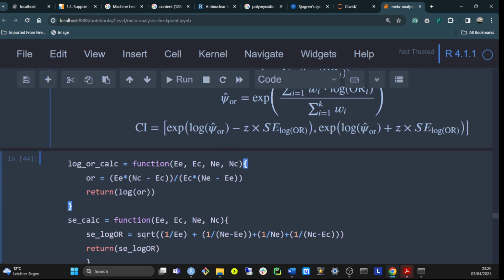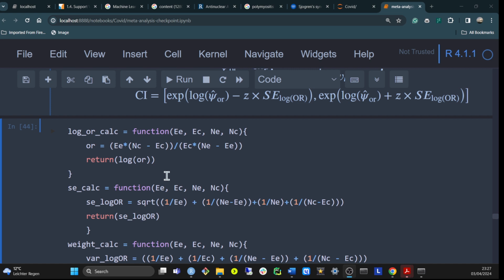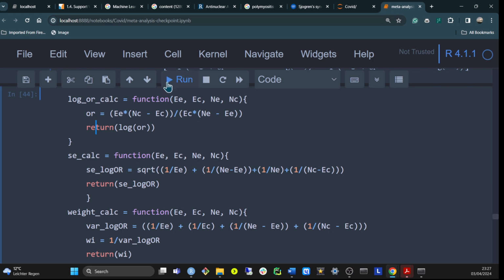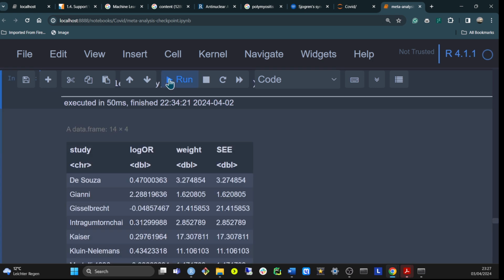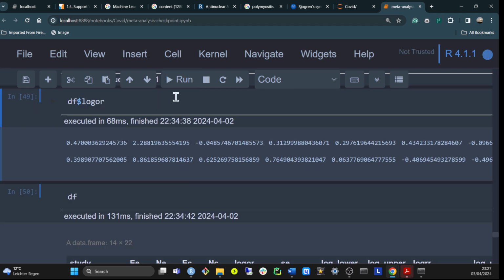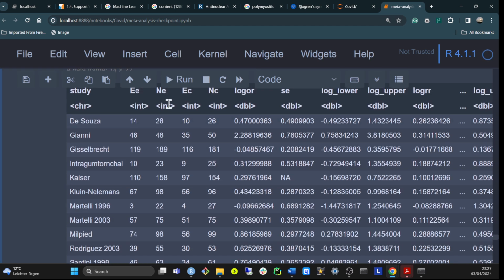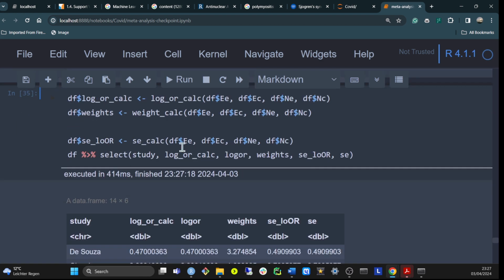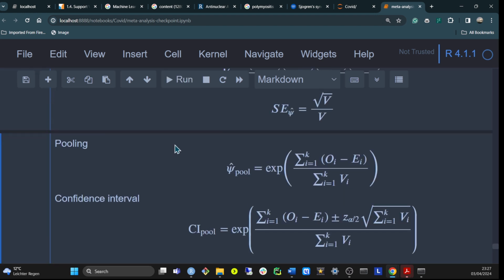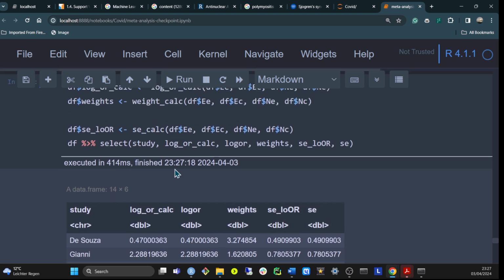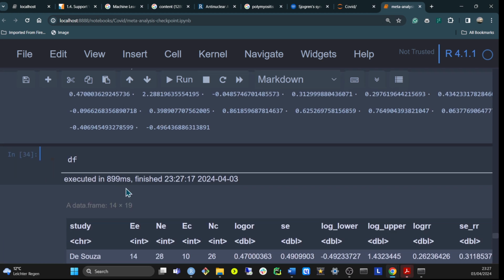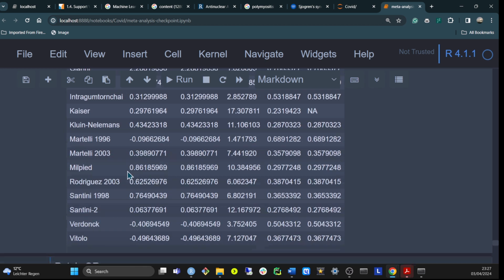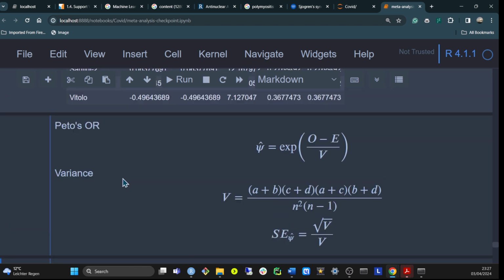Once you have the Peto log odds ratio and the variance, calculating the pooling is quite straightforward. As we have seen, we use the weighted averaging method, the inverse variance. You take the inverse of the variance, sum it, and divide by it, so you get the weight. That's how you calculate the pooled odds ratio. Once you have the pooled log odds ratio,